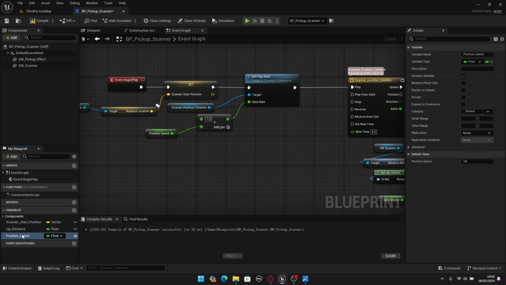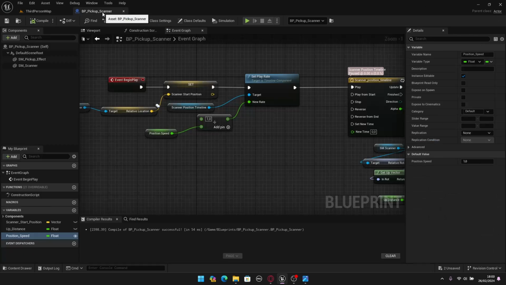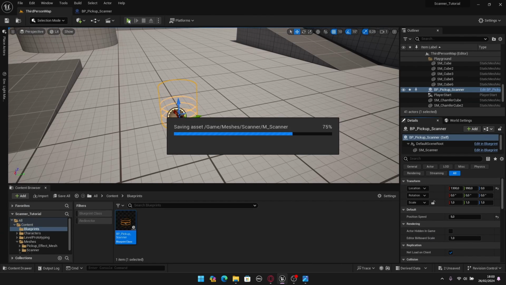Just clicking this I in the variable, so you enable the instance editable. Now let's compile this and save. And if we select this blueprint here, as you can see in the details, we have the position speed. So if I increase this, it actually makes this a little bit slower because this is in seconds. So if I save this and hit play,